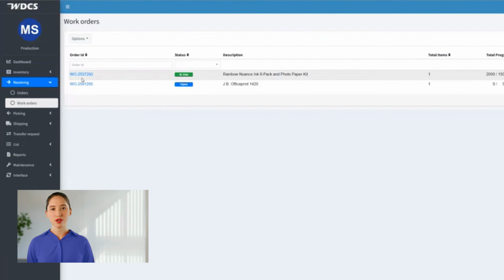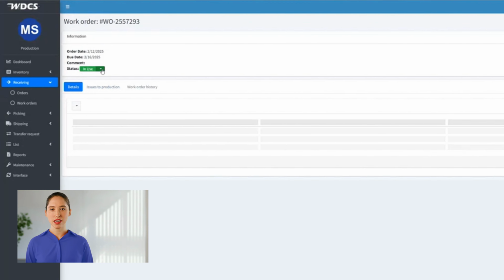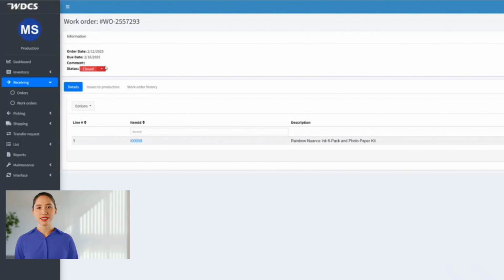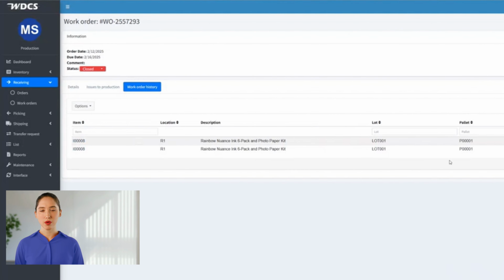We are able to edit the work order if the status is set to open. Once we have completed the production, I have to change the status to closed. If we reload, we can now see that it's closed, but you still have the option to reopen it if needed. Finally, if we click here on Work Order History, we'll be able to see a record of all the transactions. And those are the new WDCS features designed to